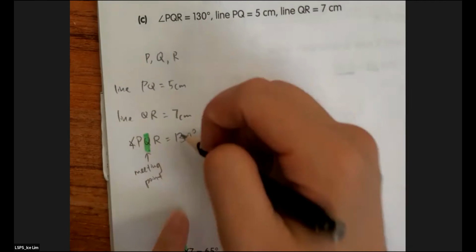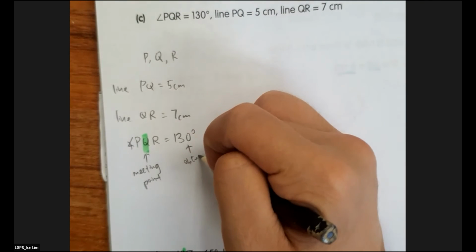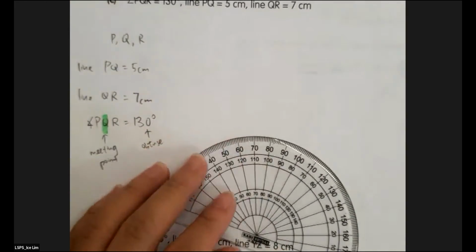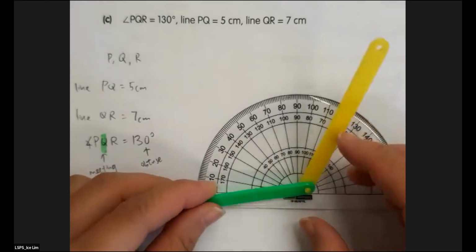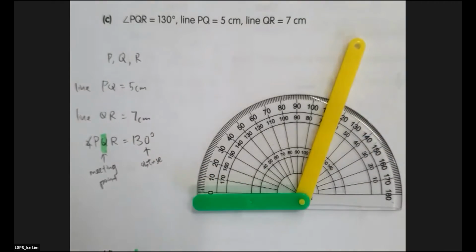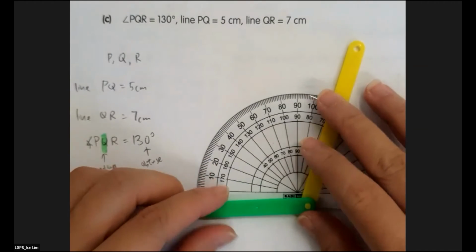Okay, obtuse, bigger than 90 degrees. So you already know that 90 degrees is a right angle, like a square corner. So it should be more than that. Protractor, I gave you these things to play with, so use them for help. Okay, now 130